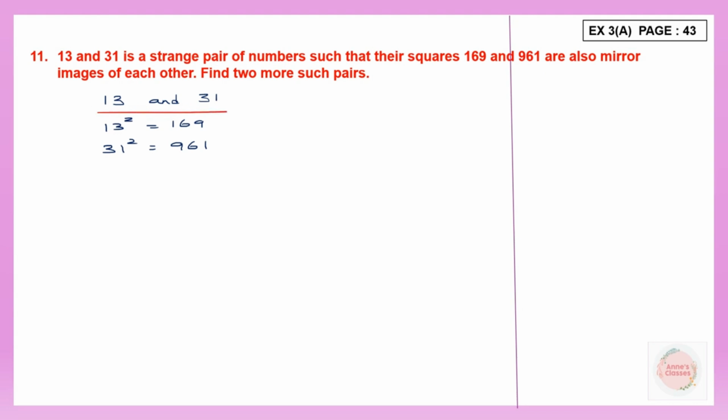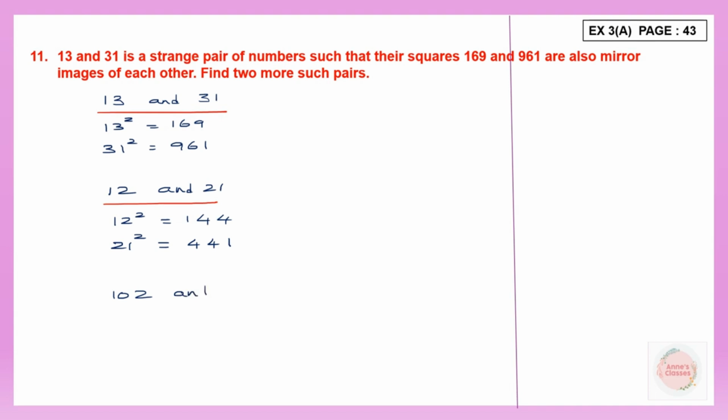Now look at 12 and 21. 12 and 21. Now let's look at these two. Now 12 square, that is 12 into 12 is 144, and if you take 21 square, 21 into 21 is 441. So can you see here the numbers 1 and 2, here 2 and 1, and their squares 144, 441. So this is one pair. Now let's look at another pair. Another pair is